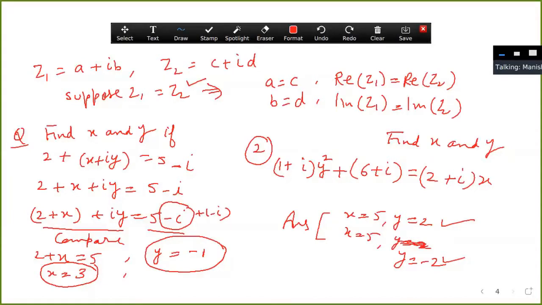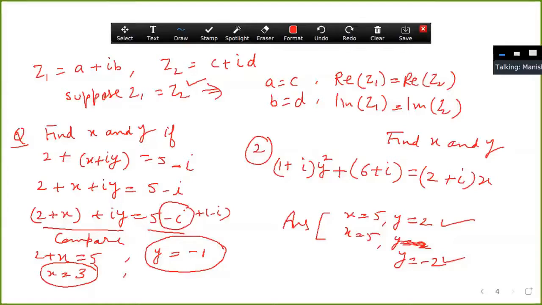That is the property. You have to open your NCERT. You can see how to simplify the question. Let's see the next question number. The first exercise you can do.